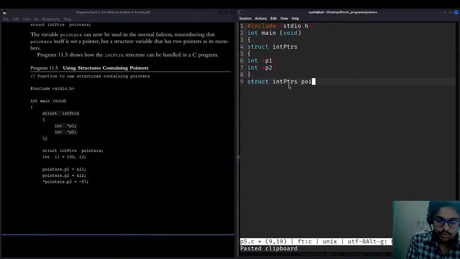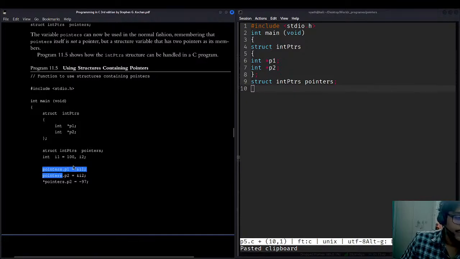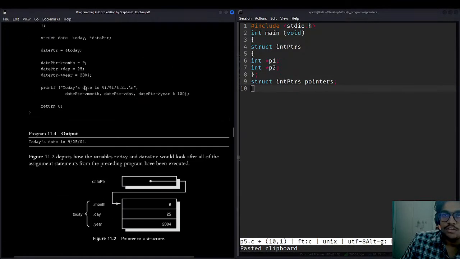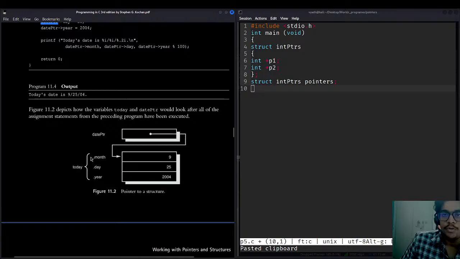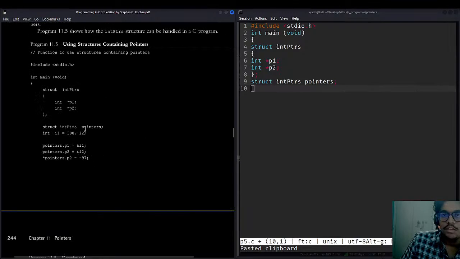So let's use pointers. We will not be doing it the way we did with date_ptr, because there date_ptr was a pointer, but here it is a standard variable, not a pointer. So we'll be using the old logic of that structure.